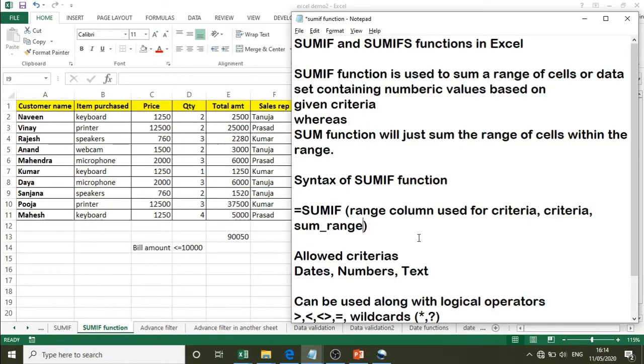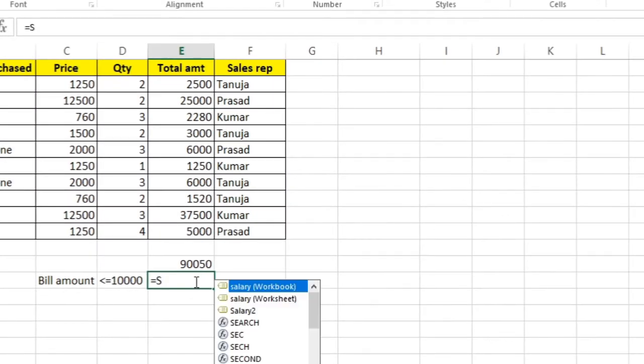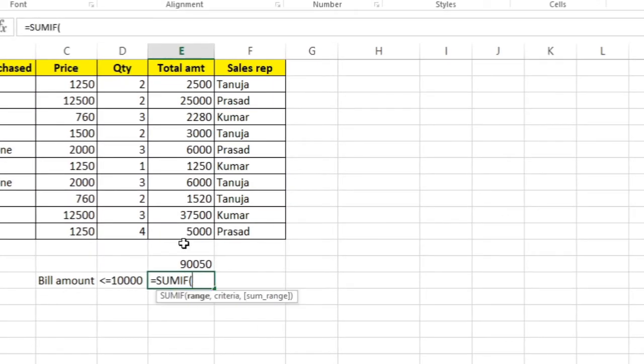So we will take up an example now. In this example, we want to find the sum of total sales amount wherein the billing amount is less than 10,000. That means it should not include this 25,000, 30,000 and 37,500. So how am I going to do that? Using the SUMIF function, equals SUMIF. Again, you see here the range, the criteria column as well as the summation column, both are the same, comma.